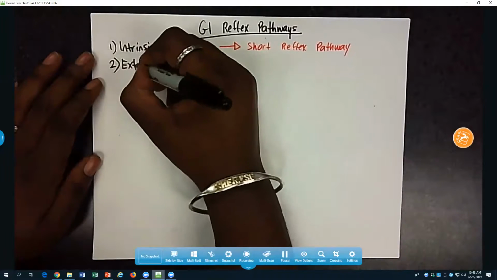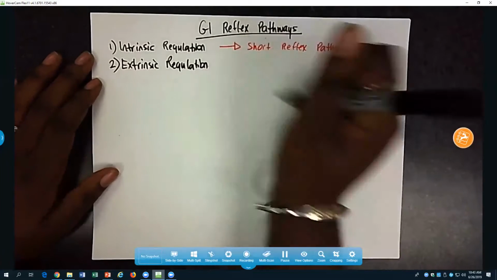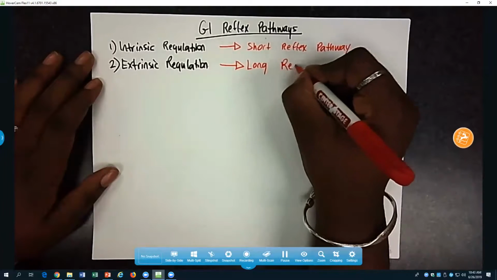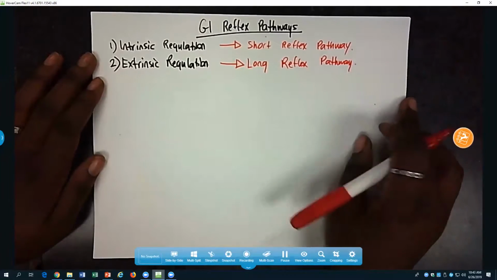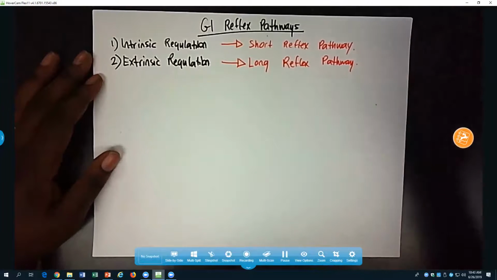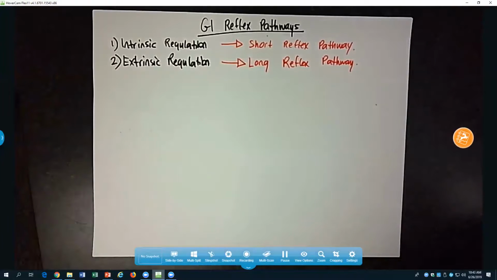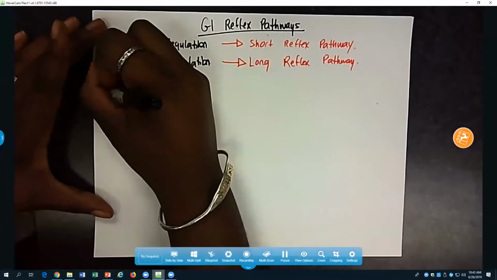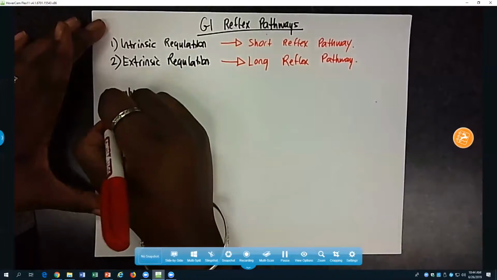The extrinsic regulation is going to be involving a long reflex pathway. Right, and so let's look at these 2 examples of extrinsic and intrinsic regulation. All right, so first up we have a stimulus. And that stimulus can be several things. It can be stretch,